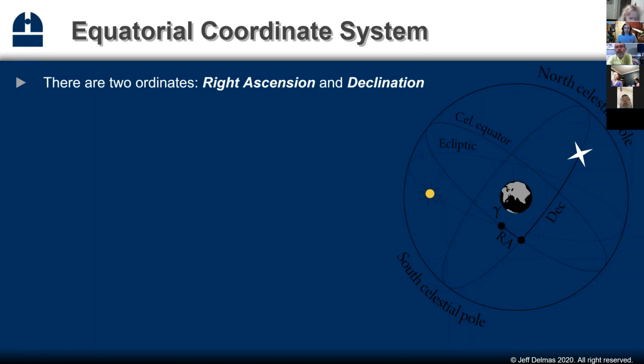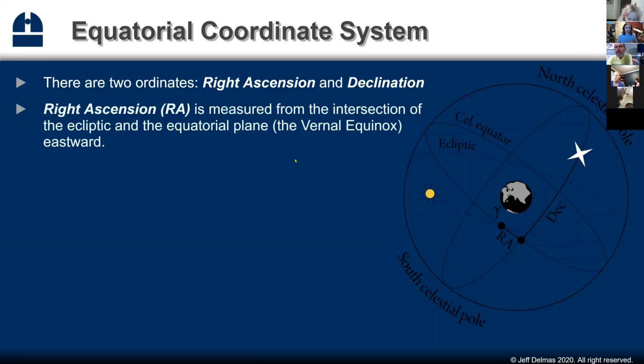Now on the sphere, we use a coordinate system, and there are 2 ordinates, and the names are kind of weird. The names of the ordinates are right ascension and declination. Right ascension is measured from the vernal equinox, and you see the symbol here is for Aries, because Aries is